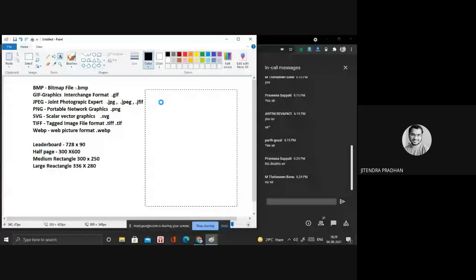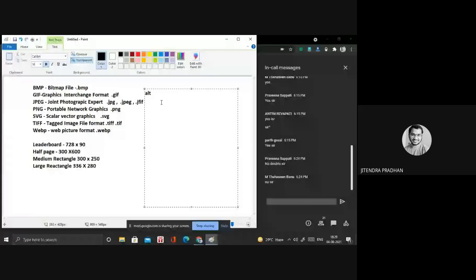Yeah, alt defines the alternative text to display when the image is unable to load. Have you understood? If you are given any particular image, it's compulsory to define alt.